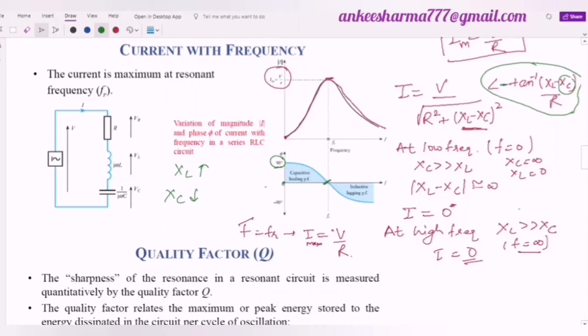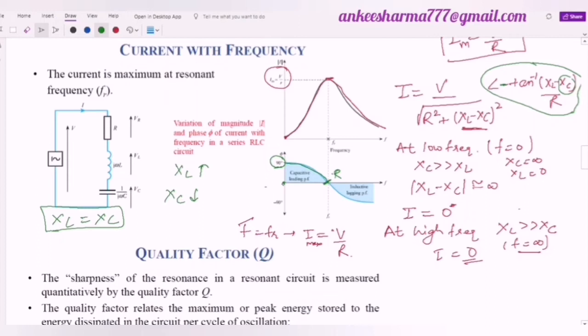the 0 value at resonance, that is where my circuit is totally resistive, or at F equal to F0 or FR. When you reach resonance, then XL is equal to XC. Due to XL being equal to XC, the effect will cancel and the circuit becomes resistive. In the resistive circuit we know the phase difference is 0. It means you have changed from plus 90 degree to the 0 value.